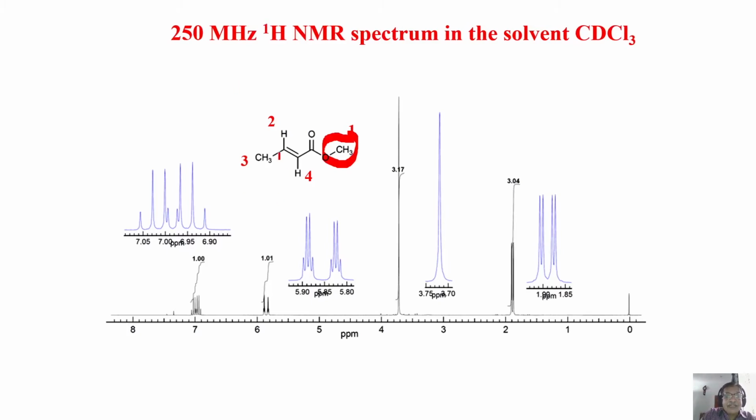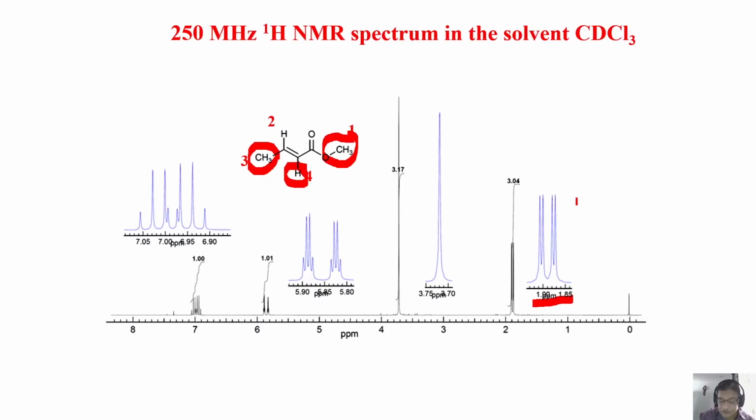Then obviously it must be CH3, this one, because this CH3 will have one coupling with this, which gives a doublet, and that doublet is split into another doublet because of this proton. This is one coupling, this splits into a doublet. The doublet is further split into a doublet because of this, as a consequence you get 4 lines of equal intensity. So this must be CH3. You agree with me? This must be CH3, and this assignment can be done easily.